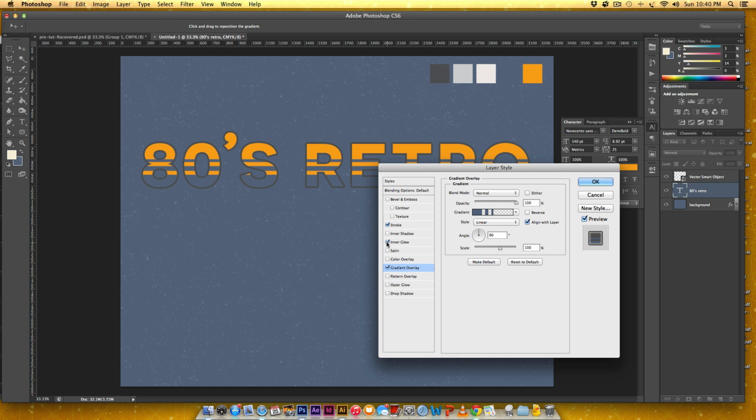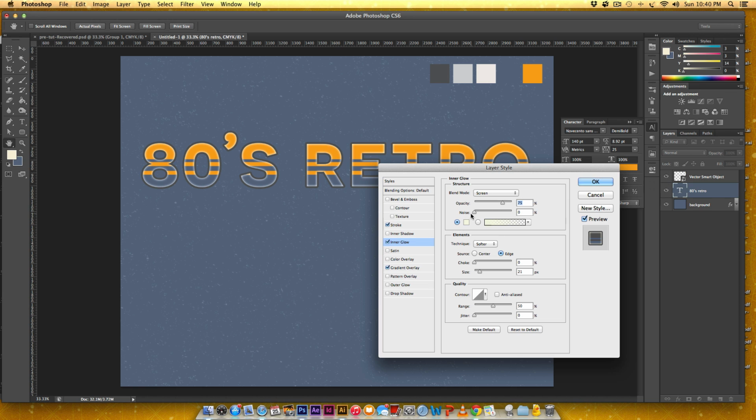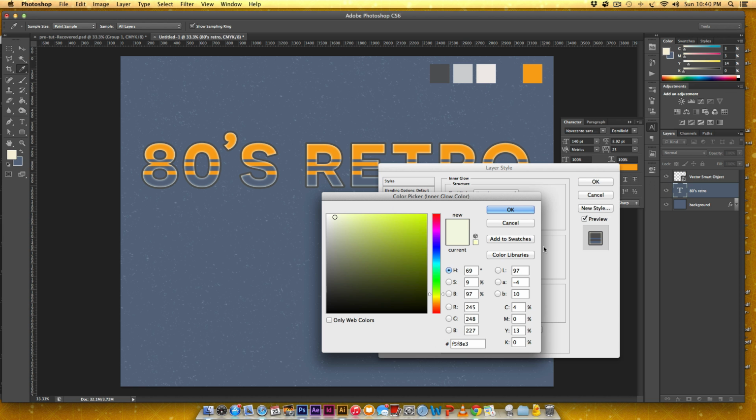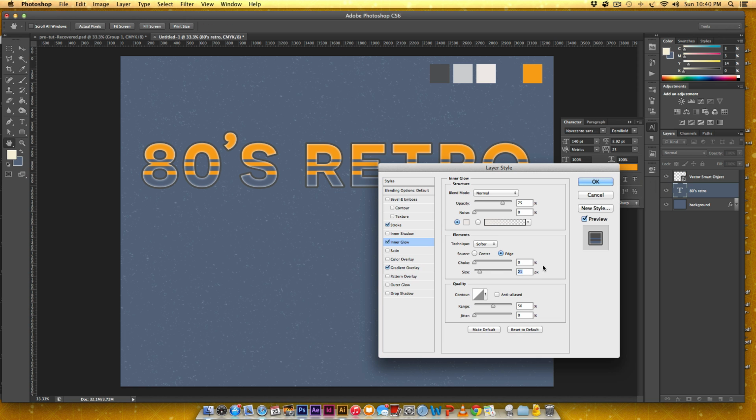So I'm going to click inner glow right here. And first I'm going to set the blend mode to normal because I want the color to appear exactly how it looks right here. And I'm going to click on this color preview and select that color and hit OK. I'm going to make the size of mine 9 pixels. And for the range down here, this is what's going to get it nice and thick for me. I'm just going to hit 1 and you can see